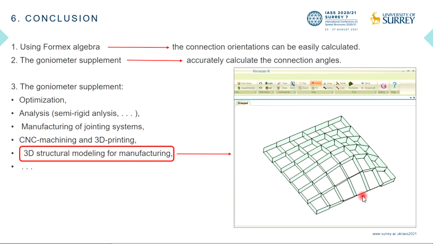As seen in this figure, using the potentials of Formex Algebra and the development of such supplements, users can be enabled to create three-dimensional structural models and guide them from conceptual or wire models to fabricational or constructional 3D models in Formian software. So I think this could be an answer for the future of using Formian in the design activities of